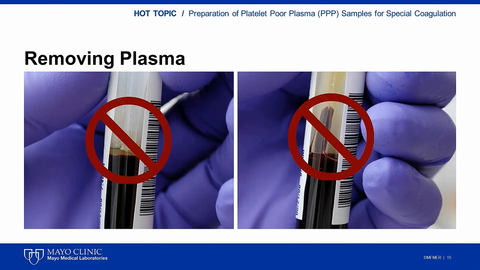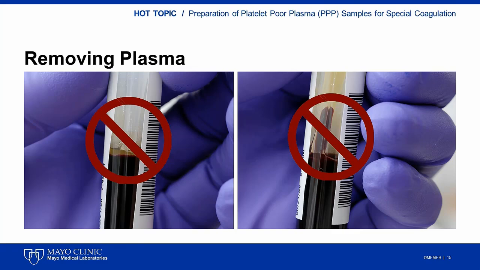The picture on the left is an example of pipetting too far into the buffy coat and cell layer. You can actually see evidence of the buffy coat and cell layer disruption. The buffy coat is less defined and you can see red cells in the plasma. Using this portion of the specimen will put too many cells into the plasma and potentially cause the specimen to